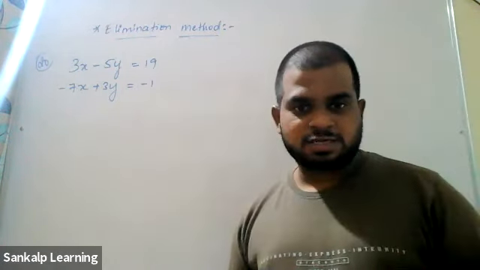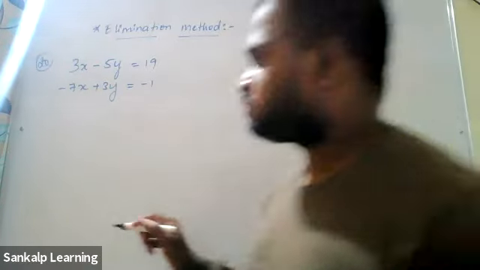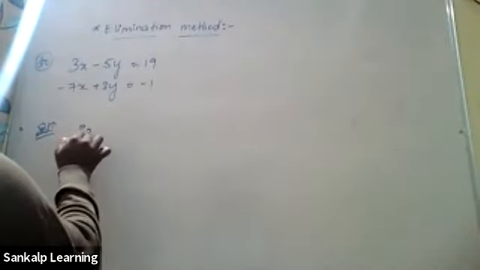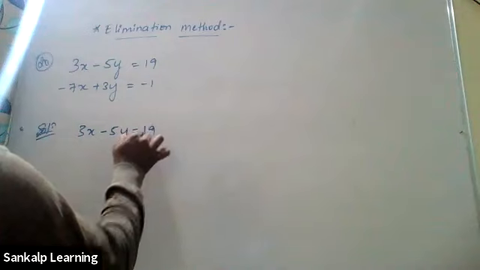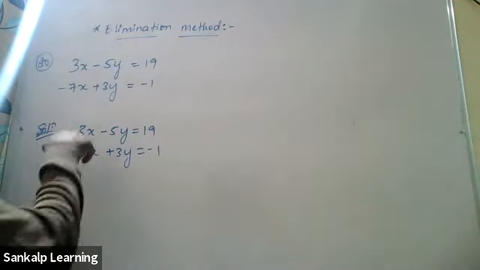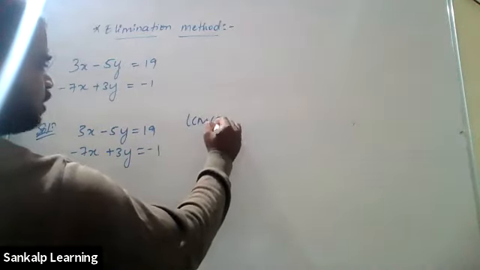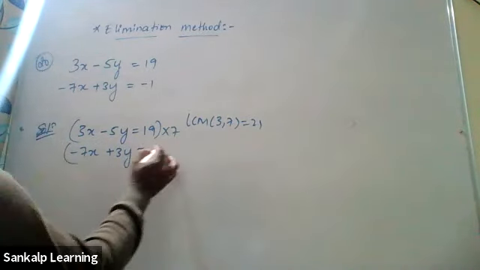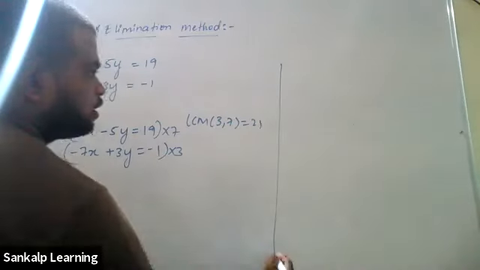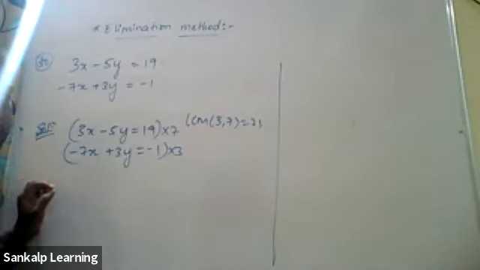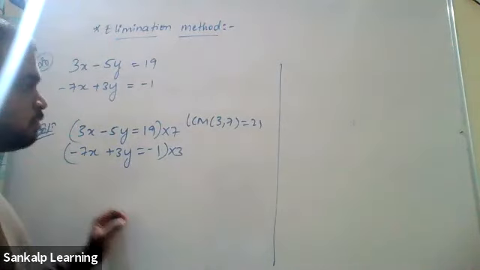Okay, let me ask Trisha. Trisha, could you tell me what will be the first step? Sir, we have to take LCM. LCM is 21, very good. LCM of what and what is 21? 7 and 3. Okay. Here, do not worry about the negative sign. Just concentrate on the numbers. So LCM of 3 and 7 is 21. What should I multiply to make it 21? 7. Here I have to multiply by 3. Yes, go on, continue. What should I write? I'm sorry, Trisha, continue.